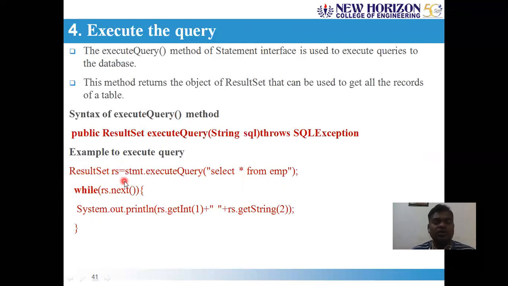So always remember the return type of execute query method will be in the form of a result set object. This result set object you can scroll and fetch each of the rows and columns using iteration. This is a very important and careful step to be done.